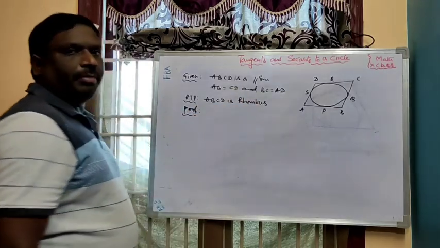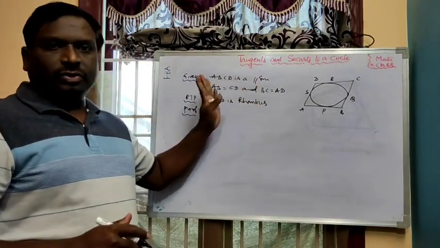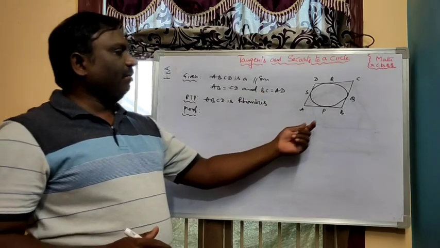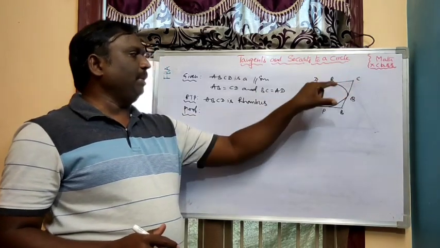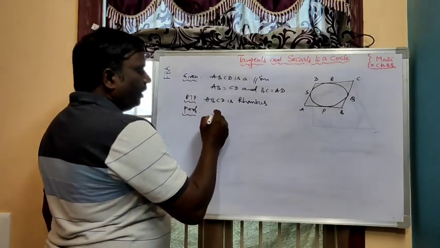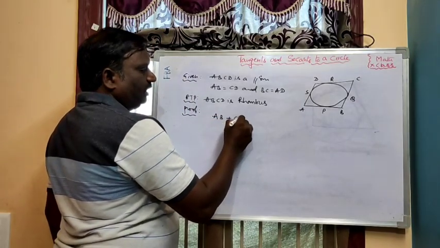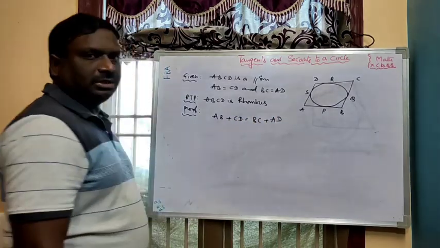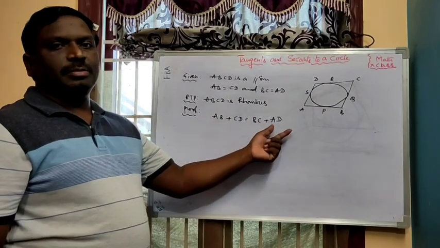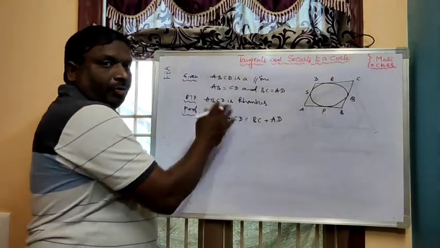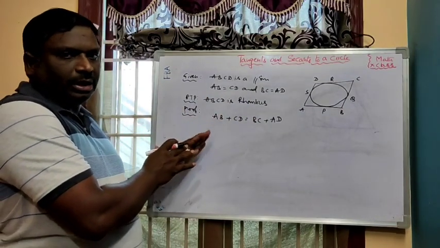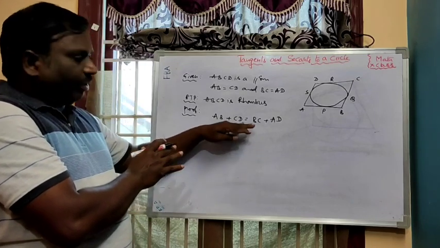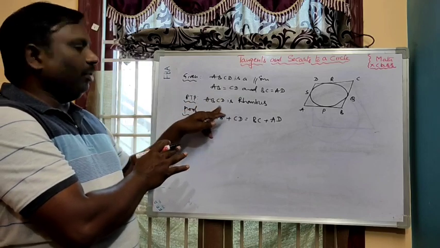I'm not writing all the proof here because I already explained it in the fourth statement proof. Till there I will write, and from there I will explain. In that proof we have already proved AB plus CD equals BC plus AD. You can go back and check there. So AB plus CD equals BC plus AD. I am not proving it again in this question. Same process you can apply up to here. From here onwards, I will explain how to prove ABCD is a rhombus.